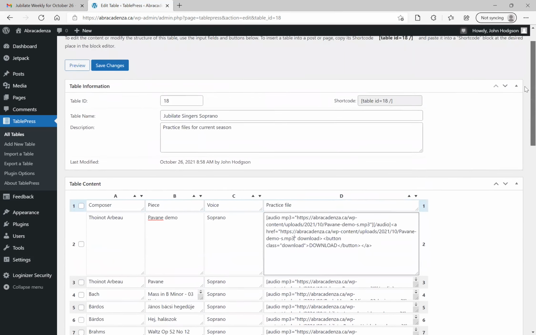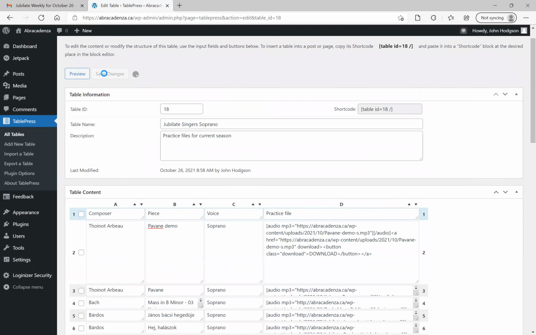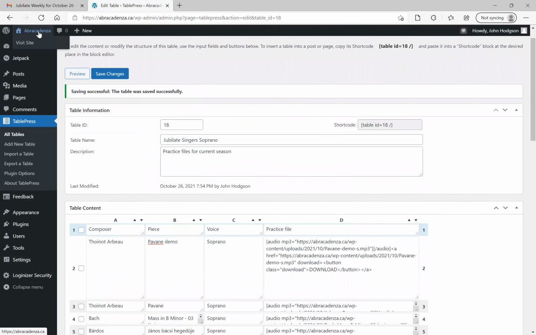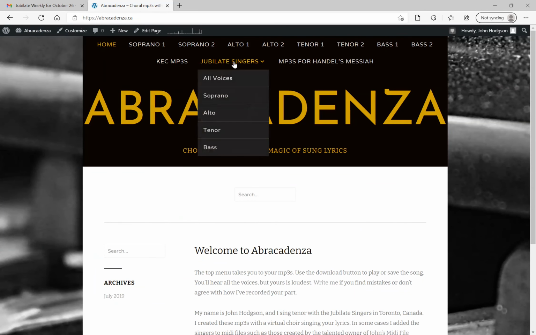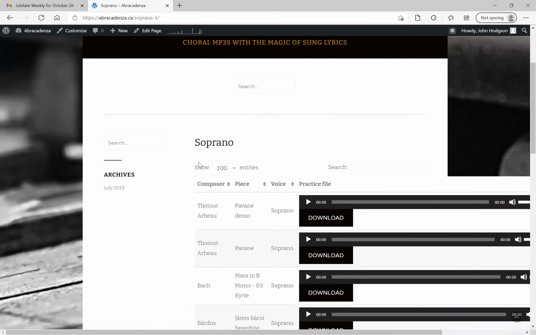So now what I'll do is I'll save the changes, and I'll show you what that looks like, and we'll play it from the Abracadabra website. So this is what Abracadabra looks like if you haven't been here yet. And this is Jubilati Singers, all voices, soprano, alto, tenor, bass, where I put all the MP3s. So if I go to soprano, you'll see this Pavan demo. And if I press play,